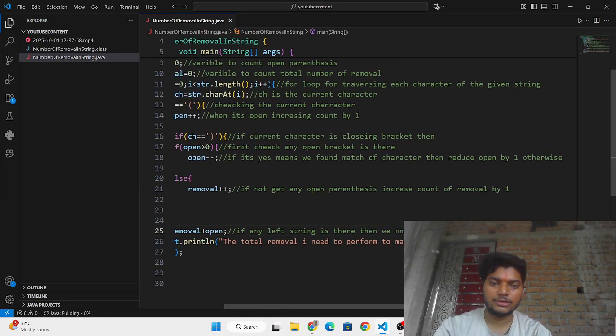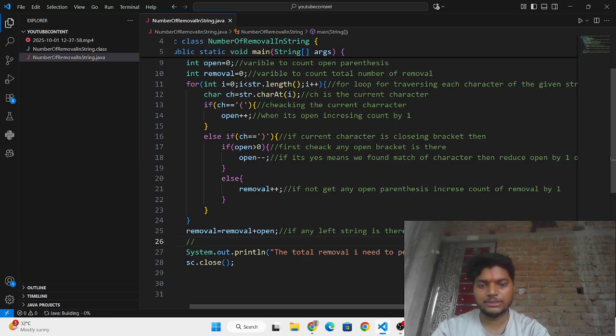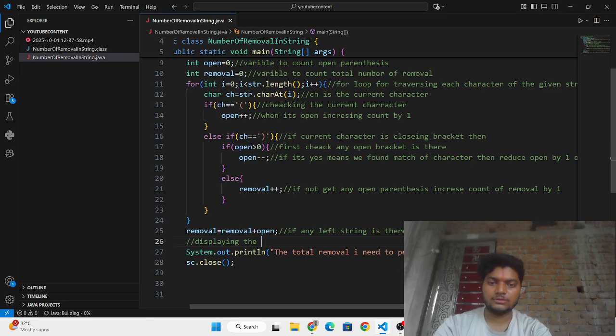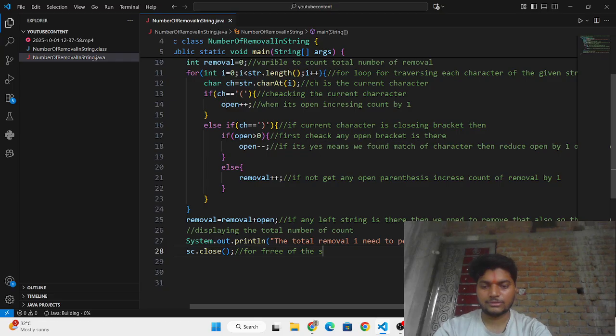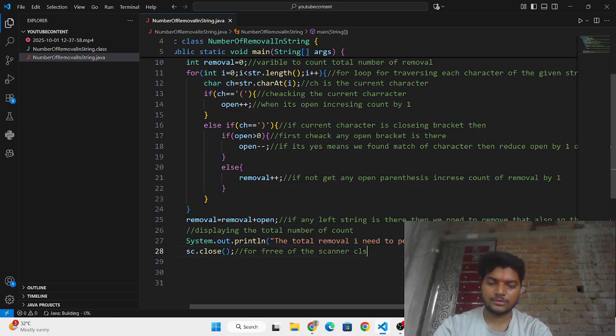And then in the last we are just printing this one, displaying the total number of removal count. And this is the close of the scanner class.